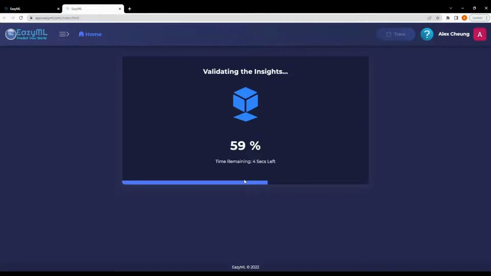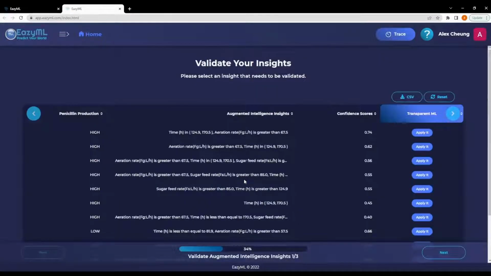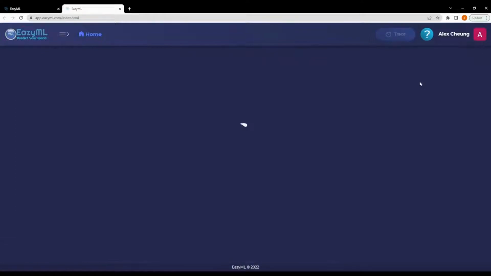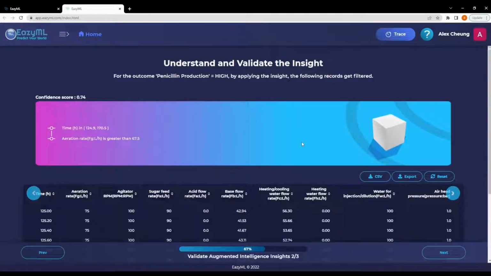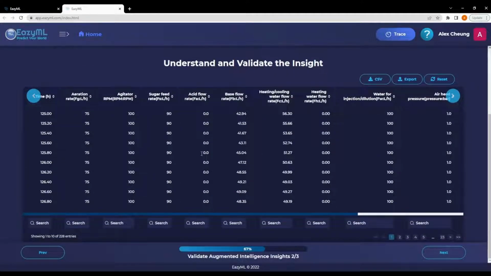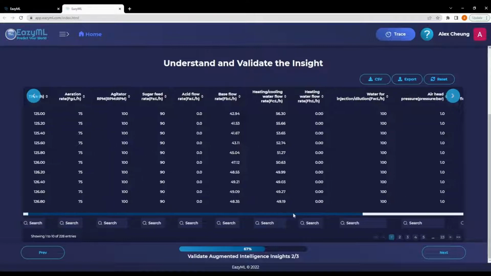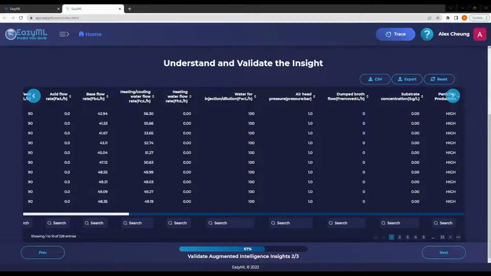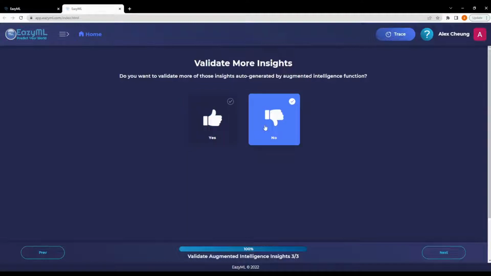That is exactly what the next screen allows you to do. Validations. Being a transparent ML platform, we can see the explanations behind every step of the process. Let's try transparent ML for the first row. We are greeted with a new screen that gives us the exact reasoning and all of the data points that fall under the augmented intelligence insights. You would notice that most of the filtered records indeed correspond to the outcome of your interest for which the insight was generated. Once we are done validating insights, we hit Next and select No to conclude our journey with